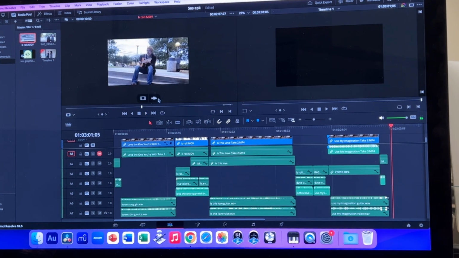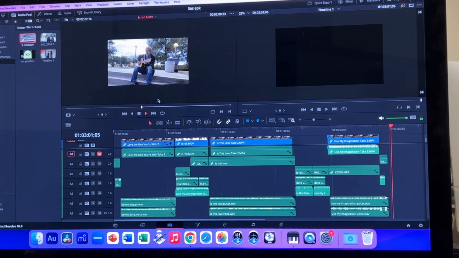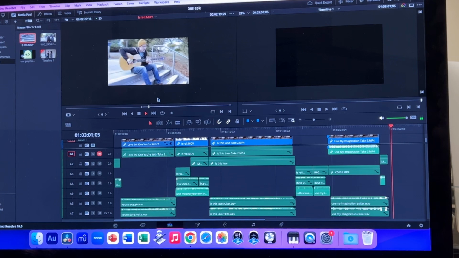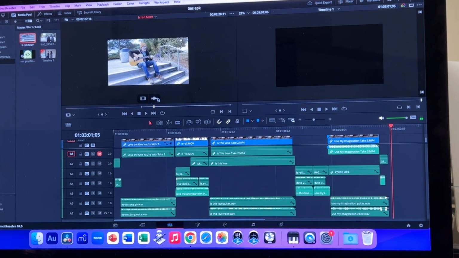You can even fast forward, K to stop, I for in, L to play. I'll find a good clip, stop it, O for out, and then you drag that clip, boom, right into the timeline where you want it